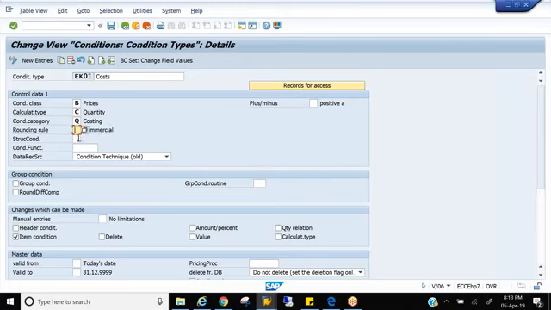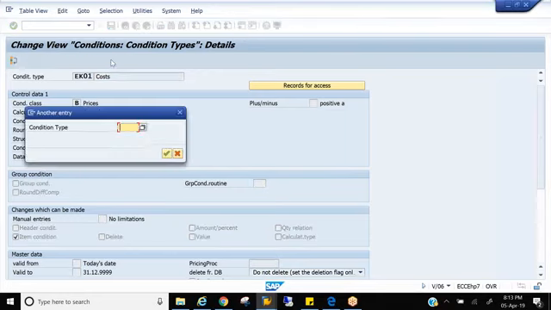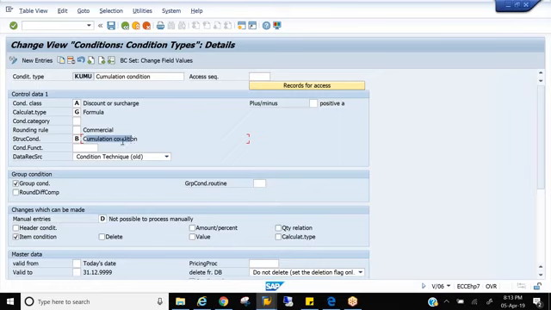The next is structured condition. There is one structured condition available, which is also called the cumulative condition type, used in the BOM scenario. What is that? KUMU. KUMU is the cumulative condition, and this structure condition field is applicable only for this scenario. So what is a structure condition type really?